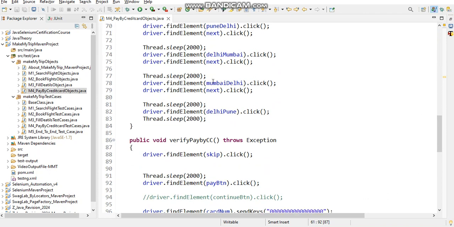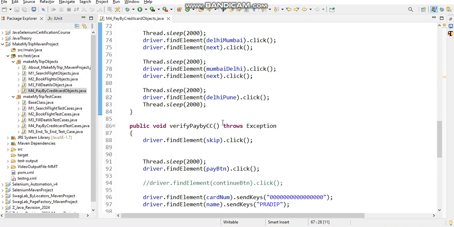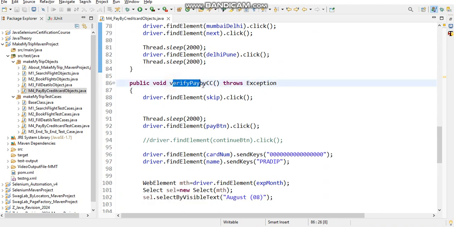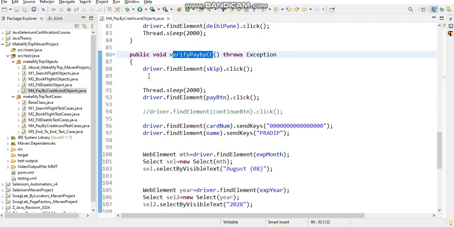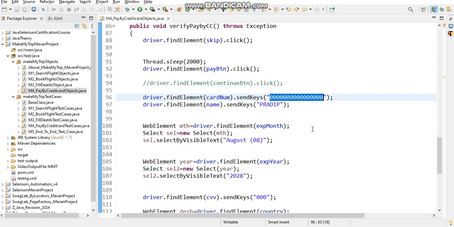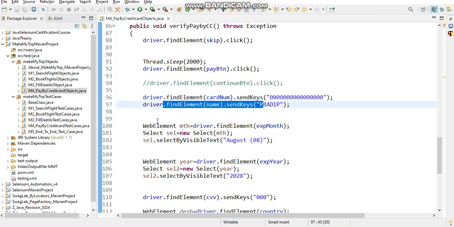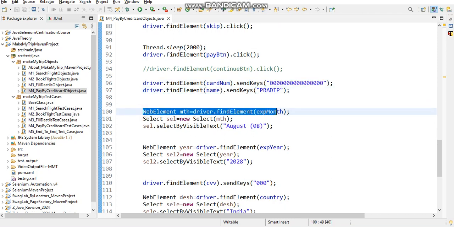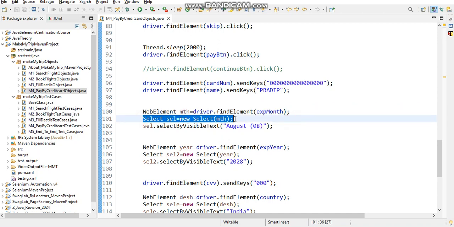So I'll skip this seats part. And now we have verify by credit card, debit card, or ATM card, and we have the pay now button. This is the card number, and if you are making a project, do not enter your real credentials here. Enter your name, and for the month part, I have used Select class here,